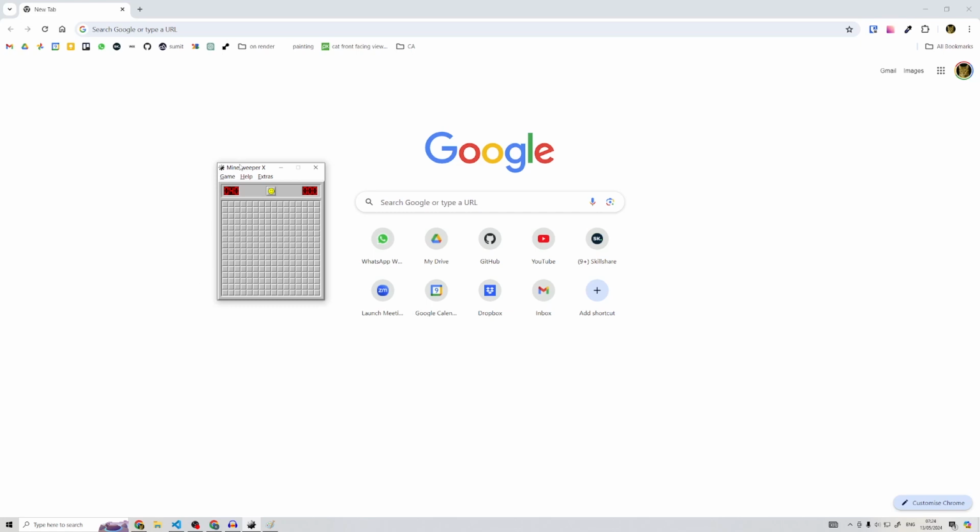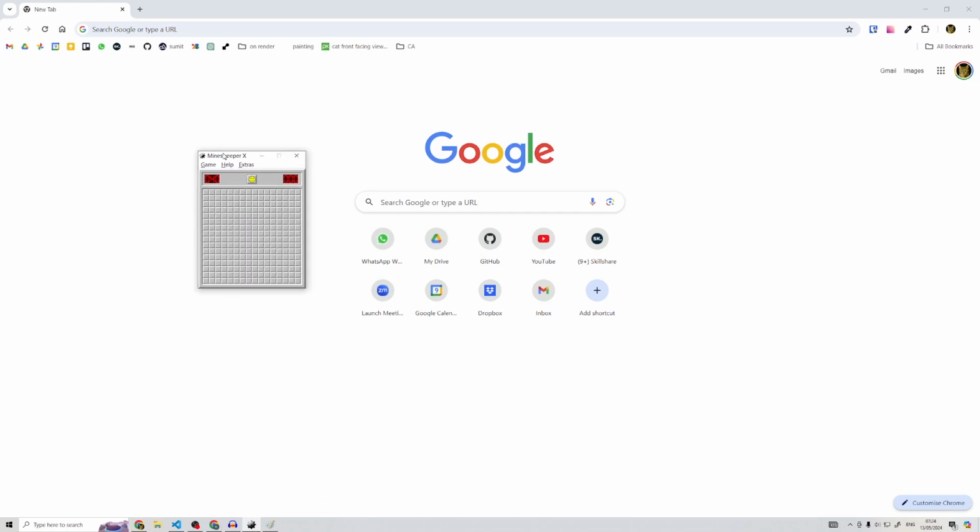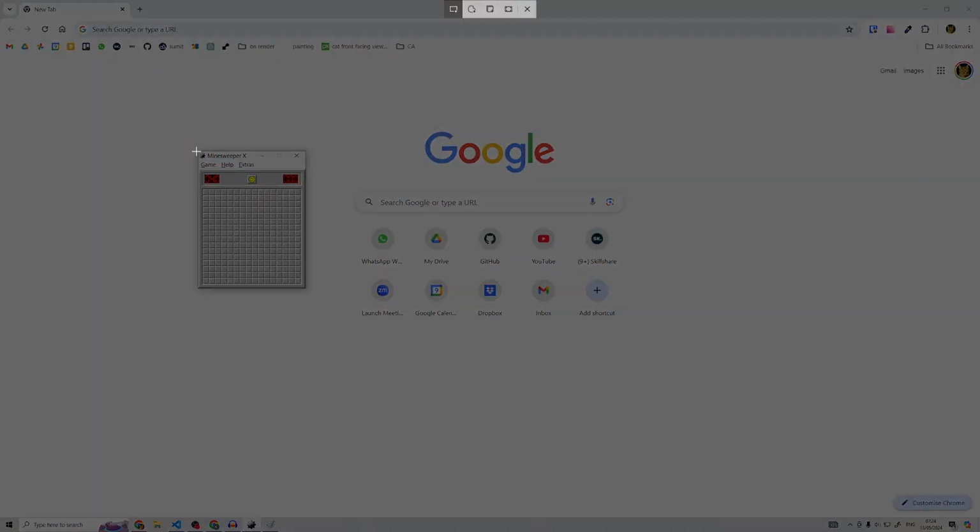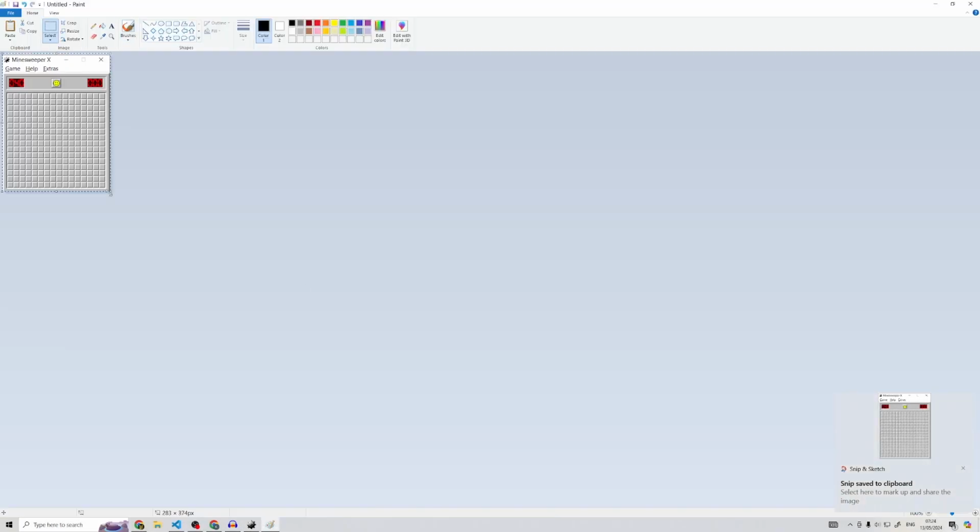Hello, I wanted to give you a coding challenge. We're going to be implementing Minesweeper, and the way we're going to do that is we're going to look at Minesweeper X, which is as close as I could find to the original Minesweeper, with the Windows XP skin. If I take a screenshot of the game, paste it in Paint, and enlarge it, I zoom in,